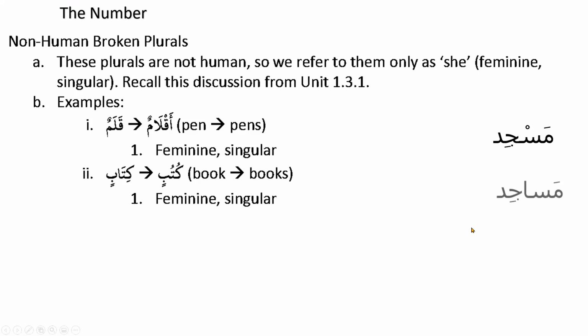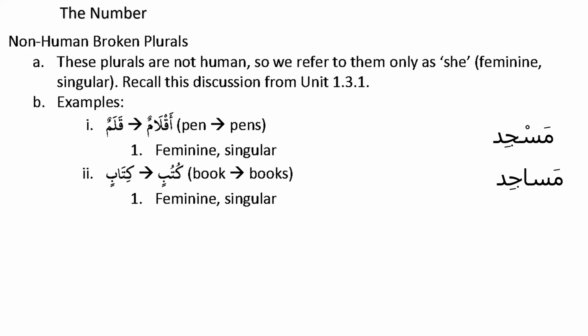But if I say this word, look at this word, masajid. Only an extra alif came after the sin, so the spelling changes, and masajid means mosques. Now, what type of plural is it? Is it a normal una or ina plural, or is it a broken plural? Broken plural. Why broken plural? Because you can see it's not una or ina. It's not masjiduna or masjidina. It's masajid, right?